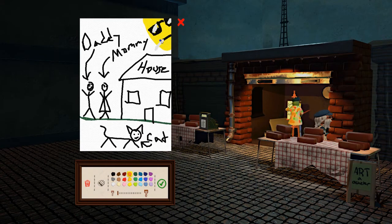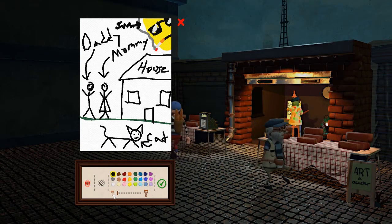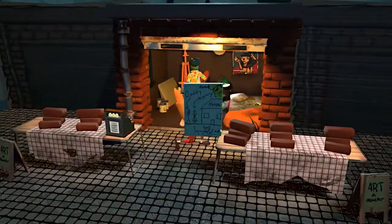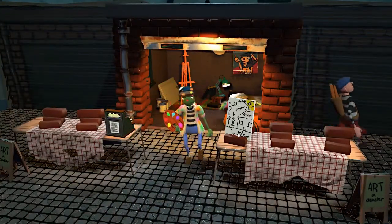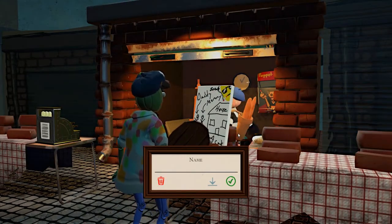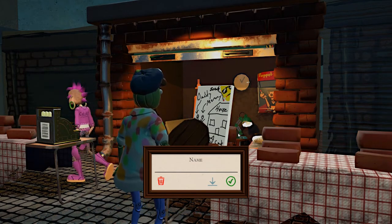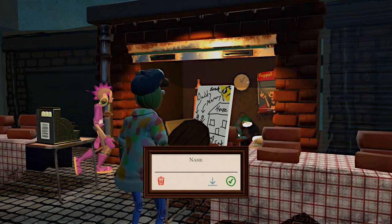Alright. Okay, sun right there. And I think that more or less cinches that one. Excuse me. Let's go ahead and put that one on the market too. And we'll call this one, what did I call this one? Theme and Variations on Childhood themes. So we'll call this one